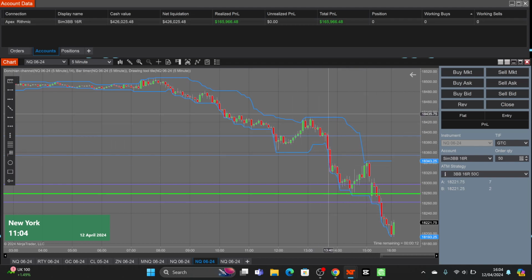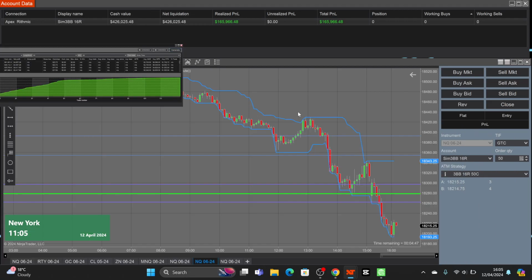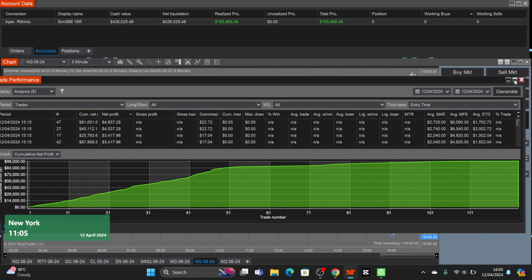So that's pretty much what happened. And from there, taking a couple of trades, due to my attraction to big numbers, I decided to use 50 contracts, even though it's unrealistic, because I like seeing a big P&L. I imagine it's going to be the same in terms of losses as well, but that's pretty much the reason behind that.